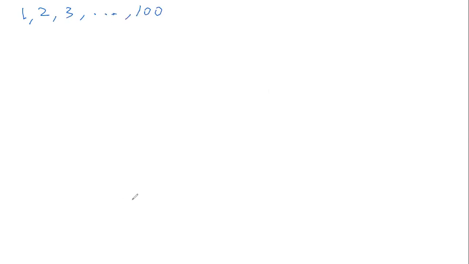If I ask you to explain this arithmetic progression in words, what will you say? Type in the chat or raise your hand to speak. I've written the arithmetic progression on the screen. How will you describe it using English, using words? Identify what is happening on the screen. What is 1? What is 2? What is 3? ... What is 100? What is happening in this arithmetic progression? How will we explain?